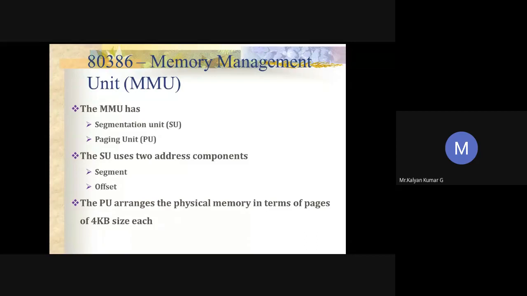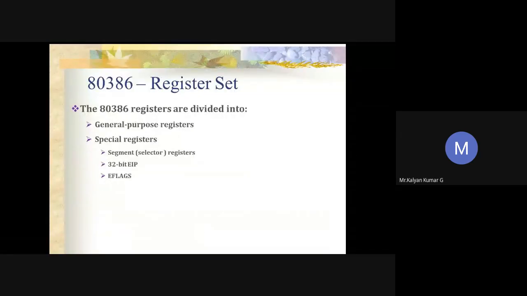So moving on to the next section. Next is your register set. Here we reach the 386 registers. You can broadly classify them into two types: general purpose registers and special purpose registers. Almost the register set will be similar to your 8086, but we can call it extended registers. I'll tell you the reason why.